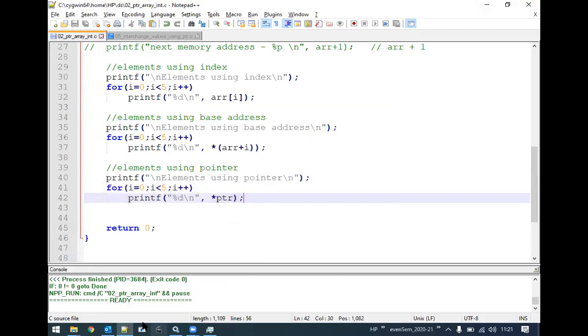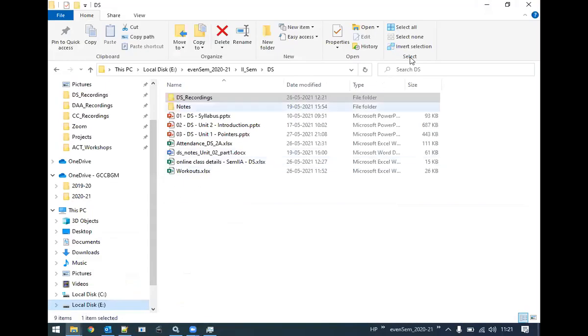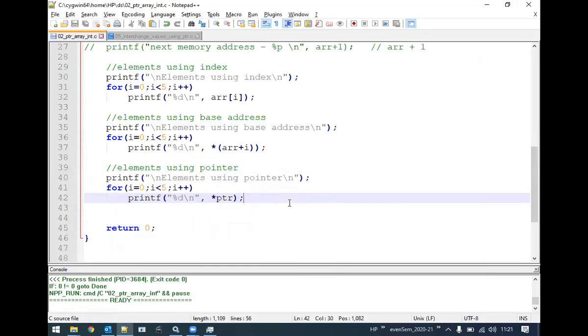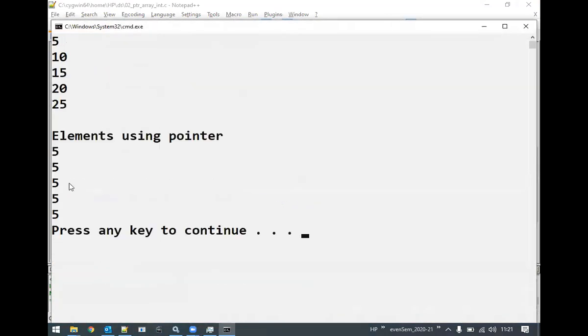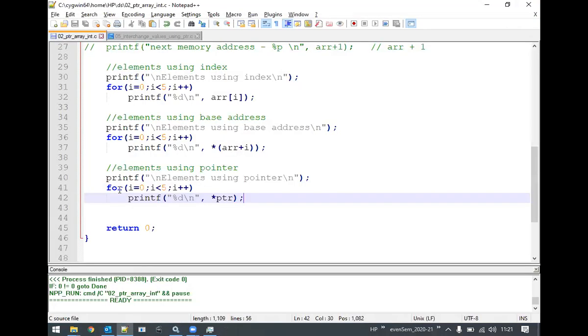Only one time? Five times. Now let us check it. It is just displaying the value of the base address 5 times because we have written code where this particular line will get executed 5 times.